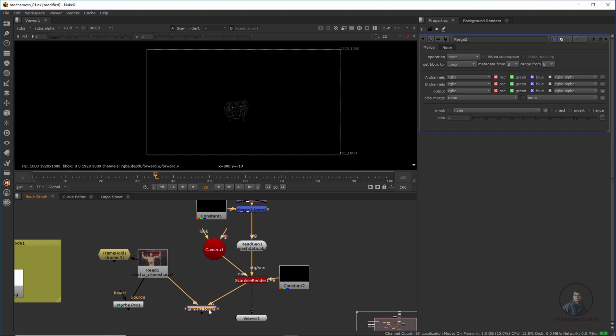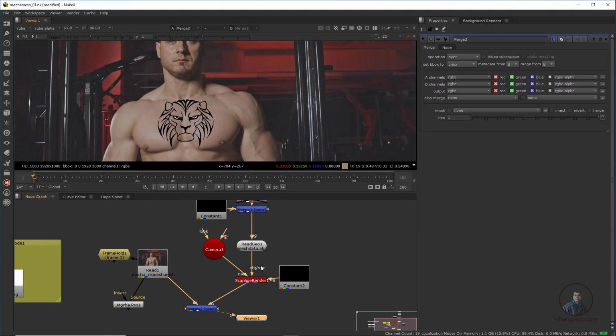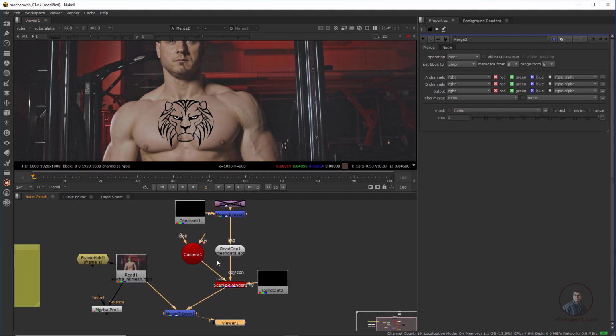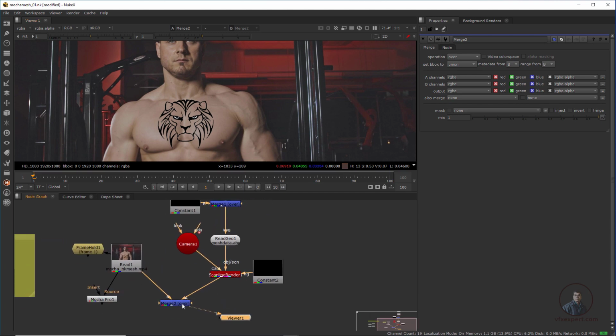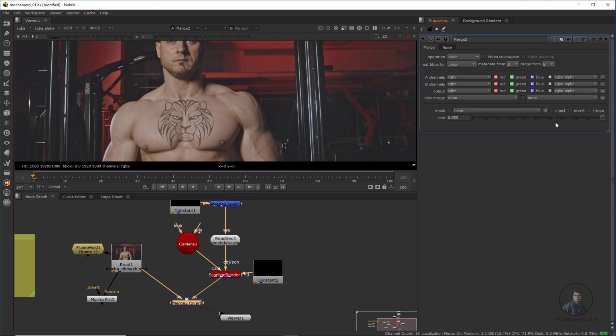Now view this final merge, press 1 here. Now come to the first frame. You can see the result is the same, but now with the help of this merge you can blend your image, or adjust transparency, all these things. Double click here on the merge. From here you can select different types of blending modes. If you want to just mix this image on top of this surface, you can use the mix value. Here you can easily adjust. Now I think this is looking good.